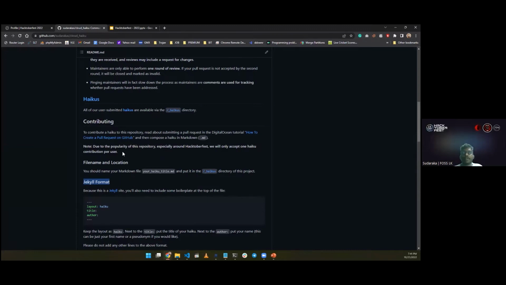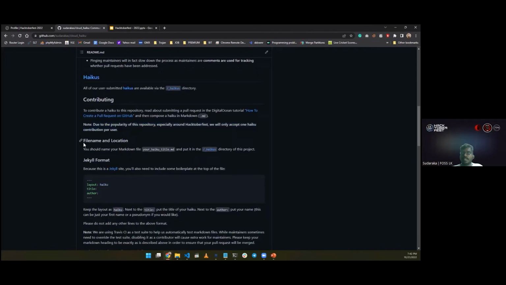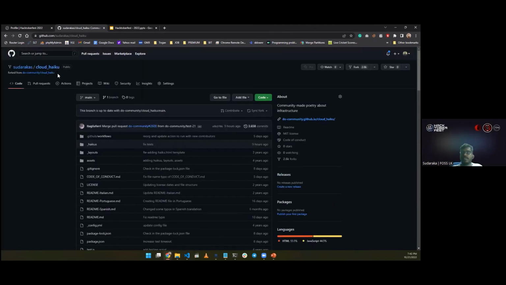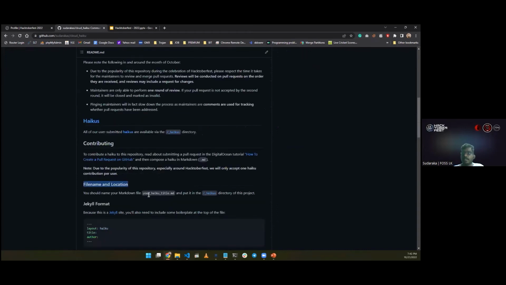Otherwise your contribution will be marked as invalid, like I previously mentioned. So always keep in mind, read the contributing section of the documentation in order to get a perfect idea about the contribution. In here they especially mention how to create the file name and location. In order to contribute to this code haiku repository, you should create your file under the underscore haiku directory.